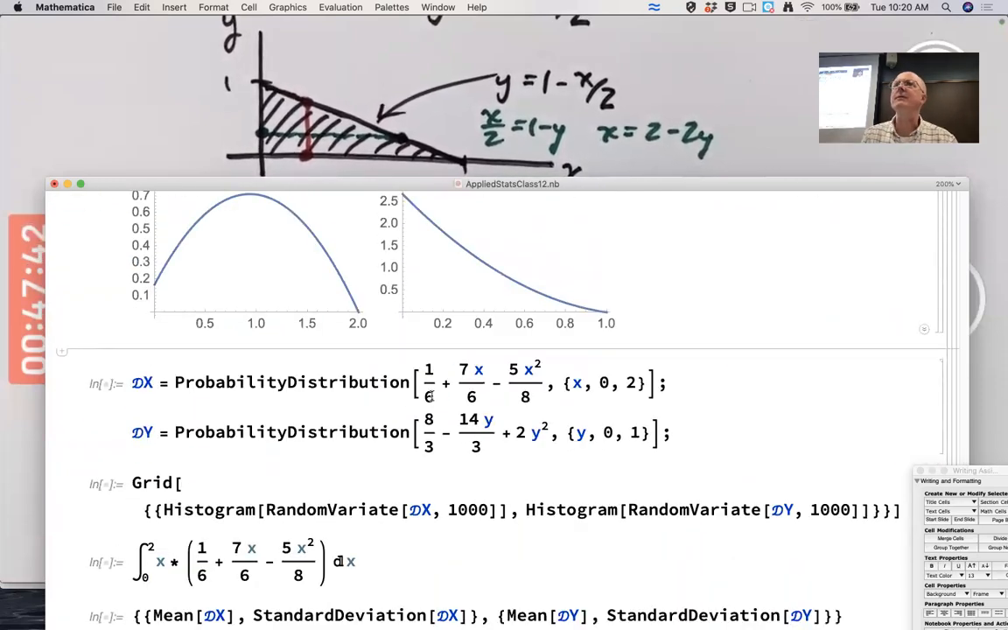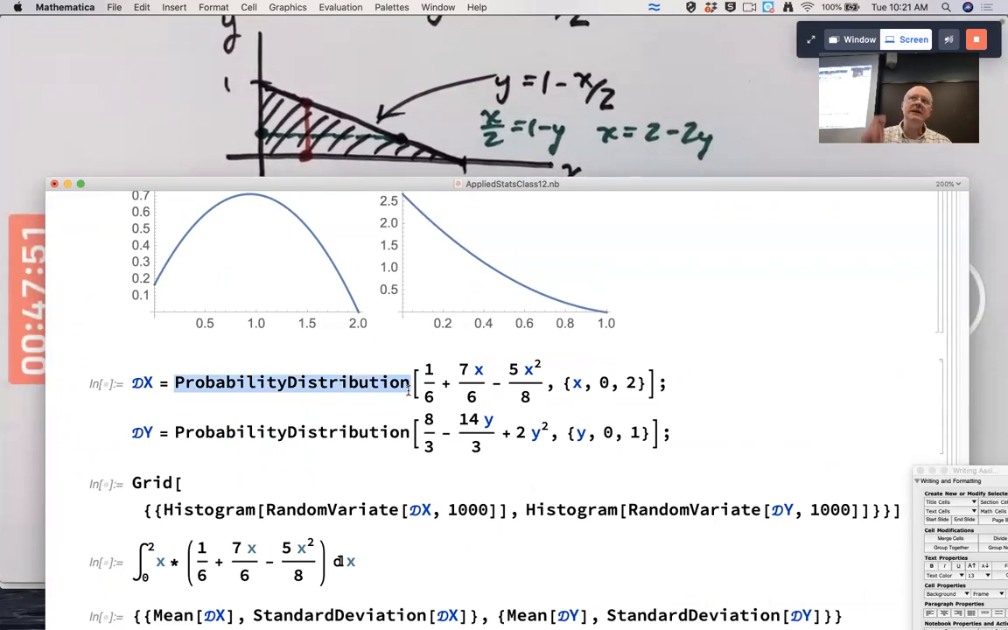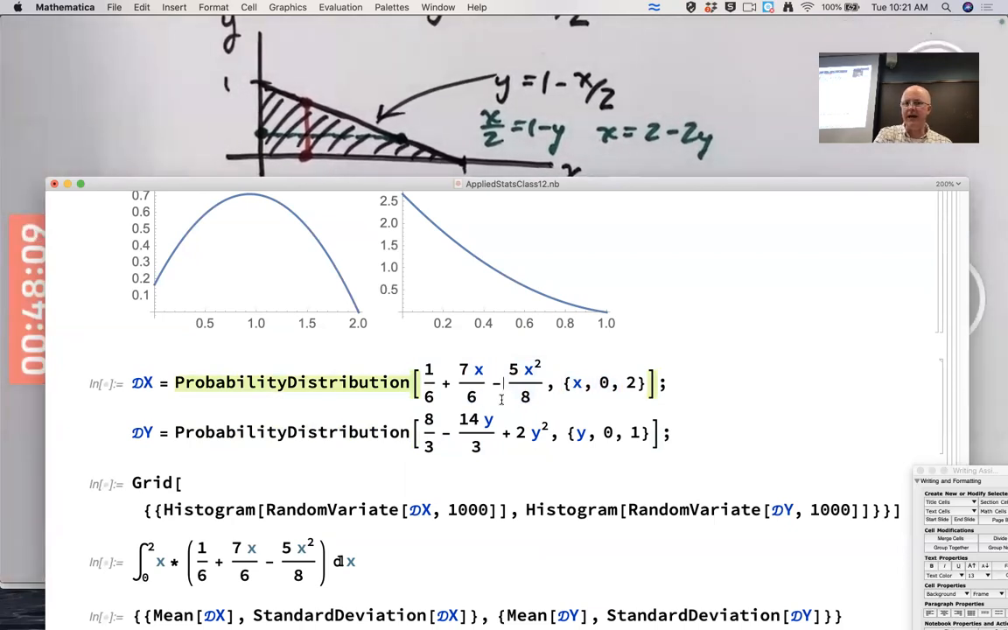Here's something new. I've never shown this to you before. You can use a built-in command called ProbabilityDistribution to create user-defined probability distributions, PDFs and CDFs. That's the marginal density of X. This is the marginal density of Y over the appropriate domains. This code doesn't really do anything seemingly when I enter it, but it did, and it stored some information in its Mathematica